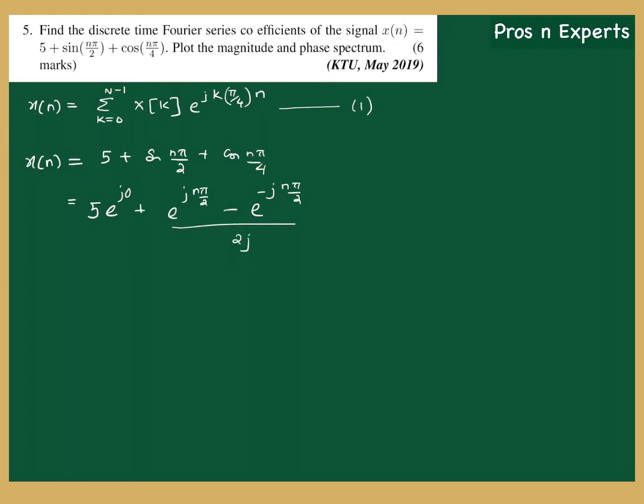Remember, 2j is important. Plus, now the next term is cos n pi by 4. Similarly, we can write cos n pi by 4 as e raised to j theta, that means e raised to j n pi by 4 plus e raised to minus j n pi by 4, whole divided by 2. Okay, so a bit more